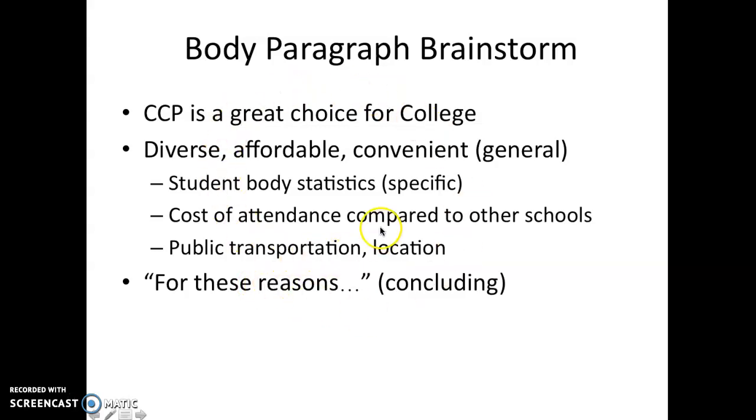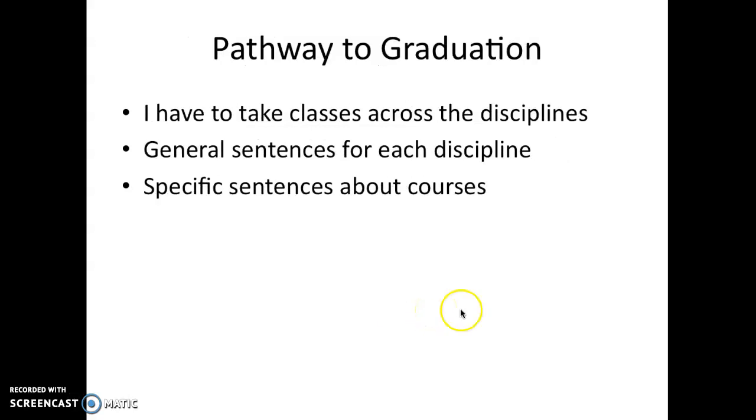That's just the general framework for how you develop a good body paragraph that's kind of easy to follow and logically works. Okay. So just keep that in mind throughout the semester. It's a really great, simple way to develop your body paragraphs.